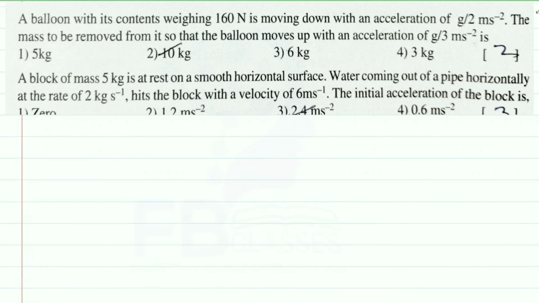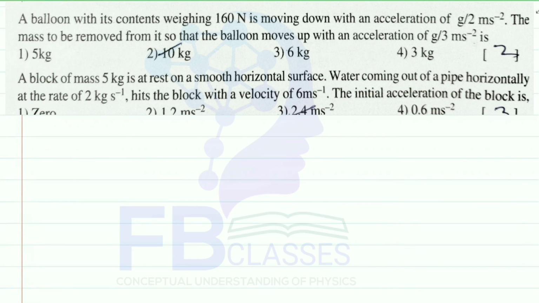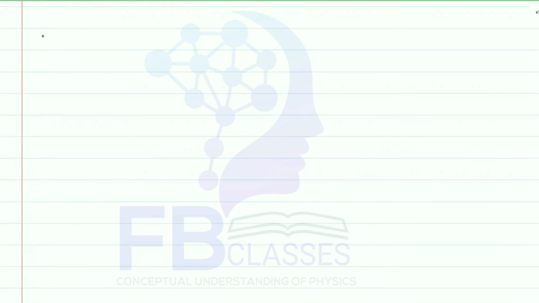My dear students, I am going to read the question. A balloon with its contents weighing 160 Newton is moving down with an acceleration of g/2 meter per second square. Then the mass to be removed from it so that the balloon can be moved up with an acceleration of g/3 meter per second square is? The options are: 5 kg, 10 kg, 6 kg and 3 kg. Okay, so the answer is